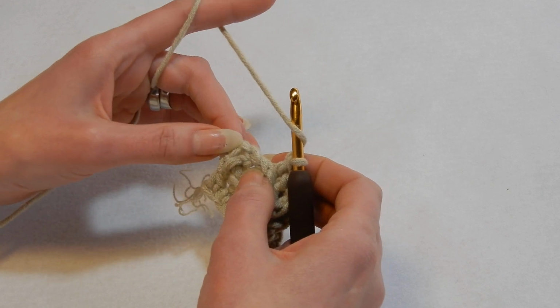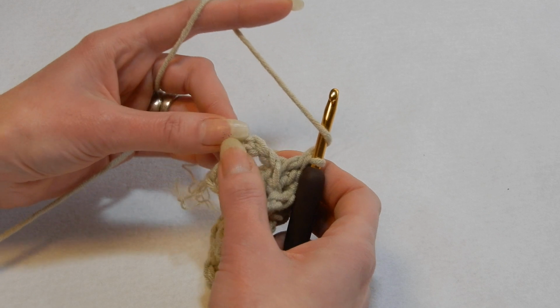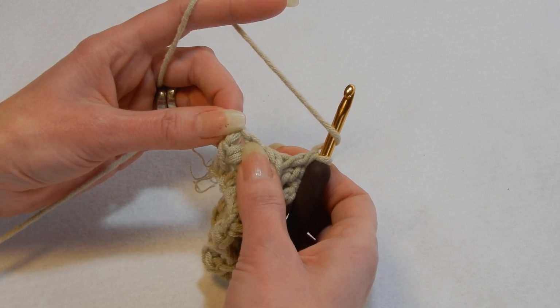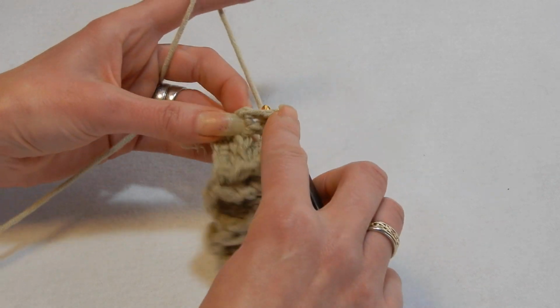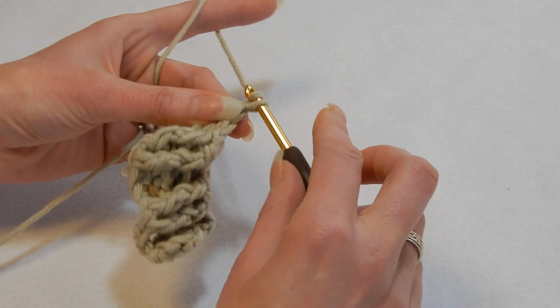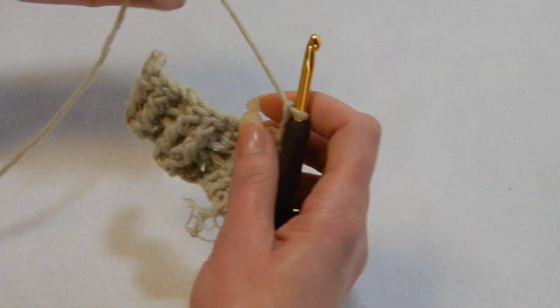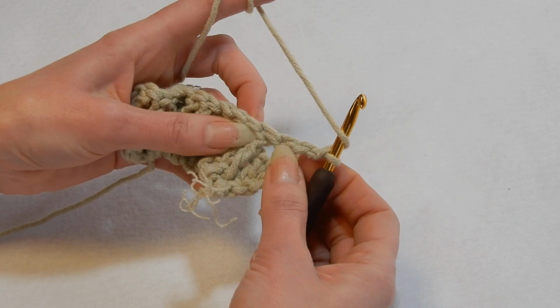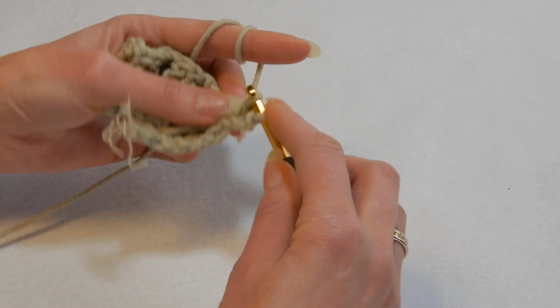and then we're going to go into the chain 2 here, the top chain 2. This is the stitch of double crochet, and this is the chain 2. So let's go on top of the chain 2 and do a double crochet, chain 2, turn your work, yarn over the hook. The first stitch is here, we're going to go in there and do a double crochet,